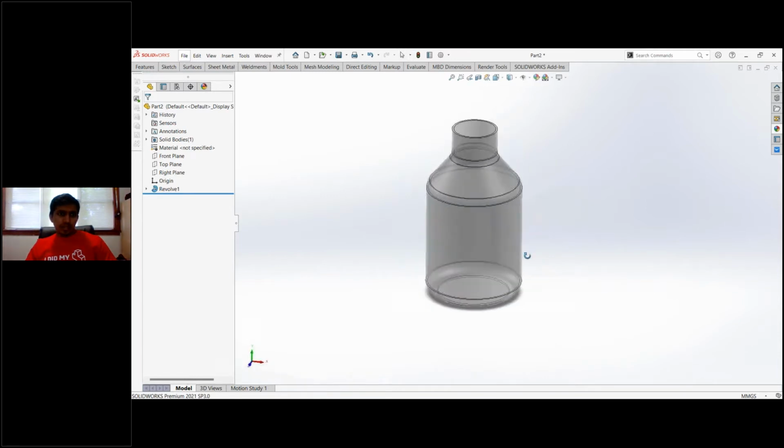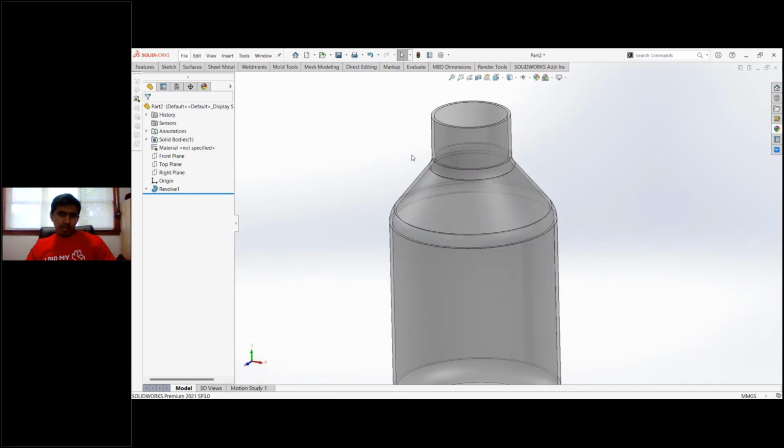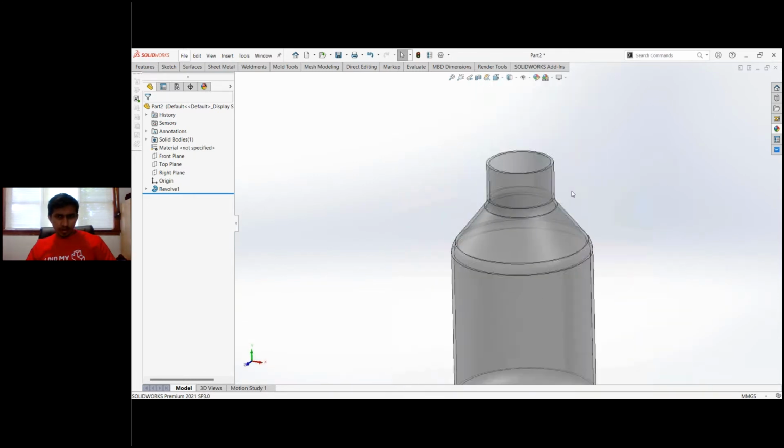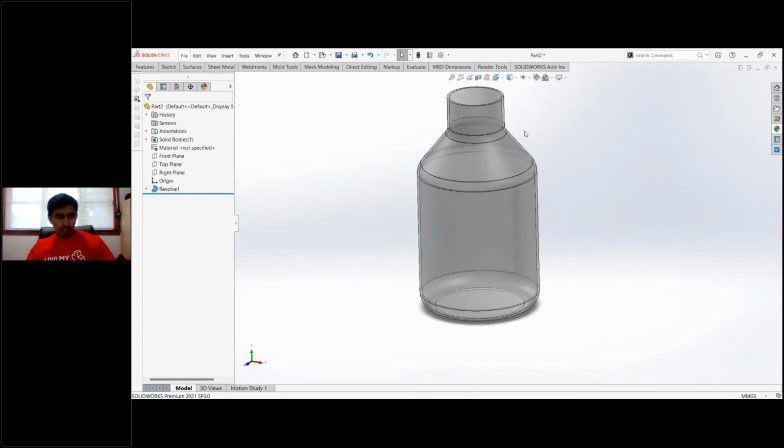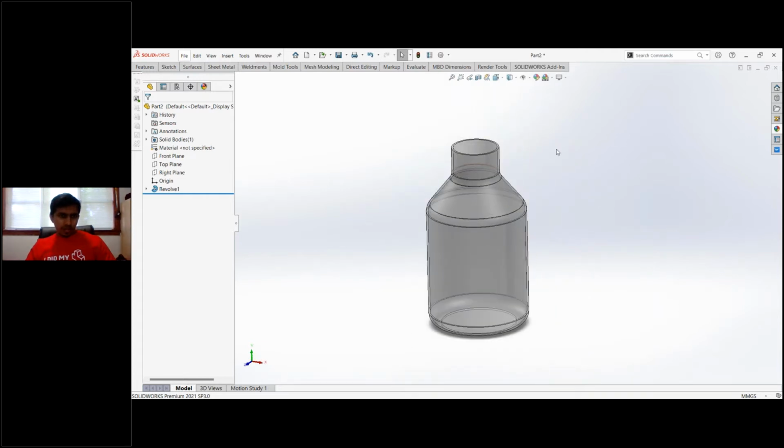Now for product development, if we want to develop this bottle using 3D printing, or maybe for machining work, we can use it.